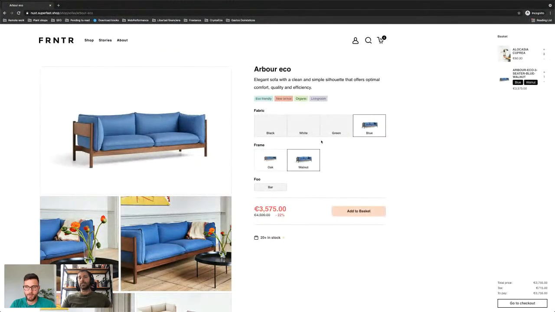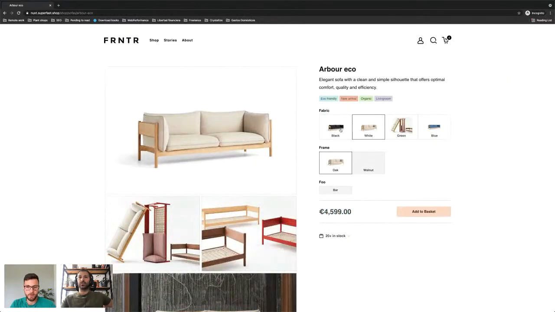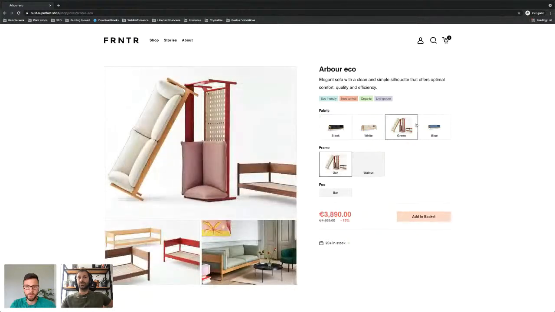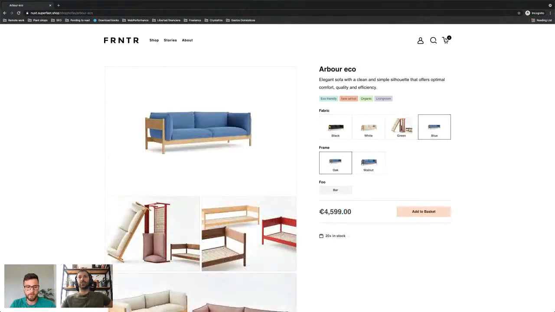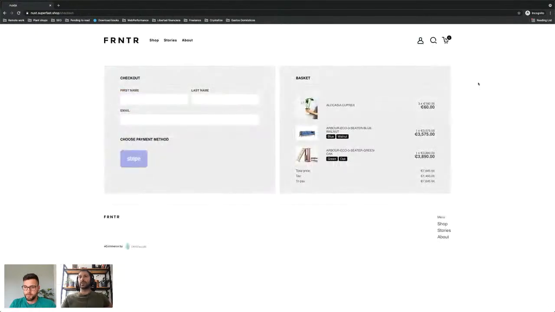So it's added. As we said, we could have different prices for each variant, which is really great, because maybe you have one variant that is not sold as much as you wanted, or you have a small amount of stock and you just want to sell it off. That's basically it. So we can go to the checkout page, and this is how it would look,